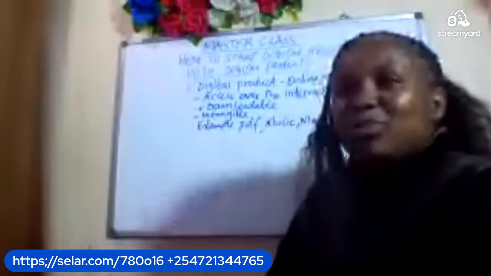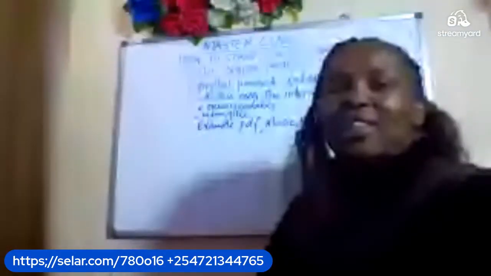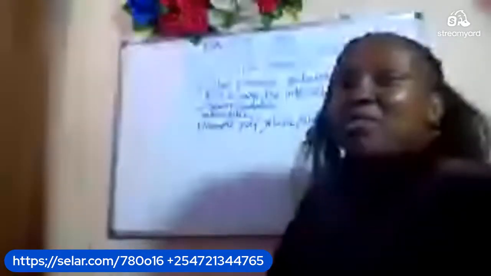A movie. What about Netflix? Those people who are on Netflix, they like movies. They subscribe to Netflix just to get the access so that they can get entertained. All these are just examples of digital products. And we have more. Maybe you've heard of an ebook.